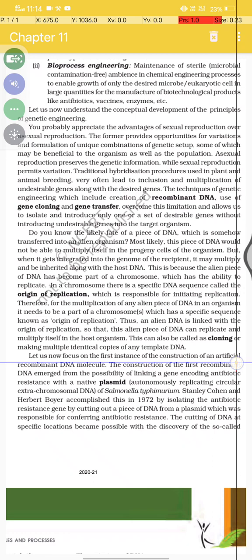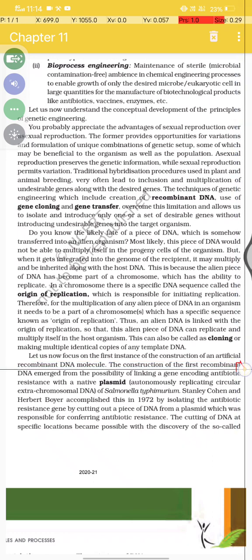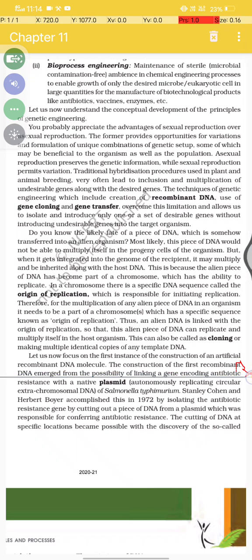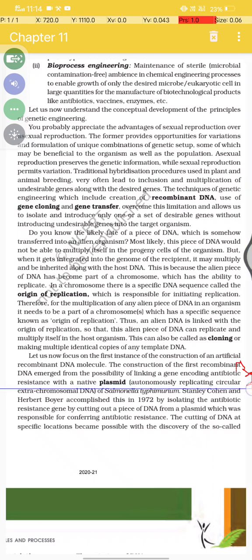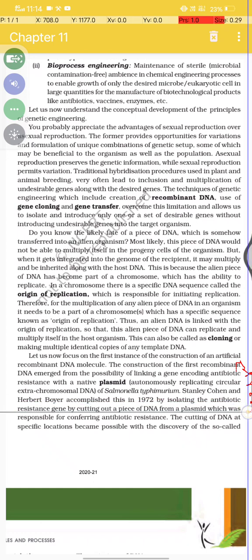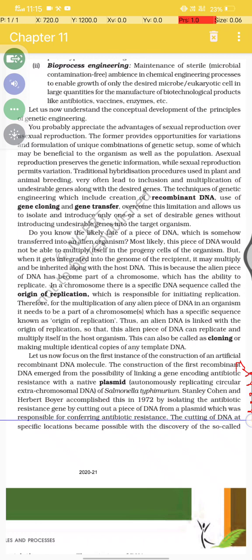Let us focus on the first instance of the construction of an artificial recombinant DNA molecule. The construction of the first recombinant DNA emerged from the possibility of linking a gene encoding antibiotic resistance with a native plasmid, an autonomously replicating circular extrachromosomal DNA of Salmonella typhimurium. Stanley Cohen and Herbert Boyer accomplished this in 1972 by isolating the antibiotic resistance gene, cutting out a piece of DNA from a plasmid which was responsible for conferring antibiotic